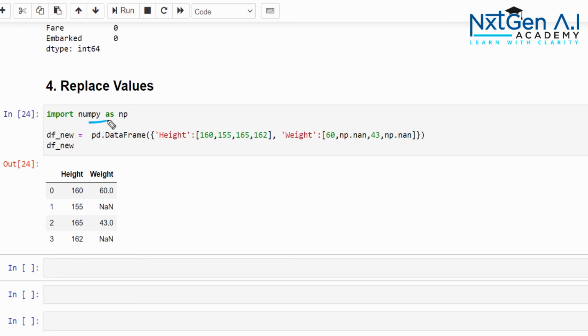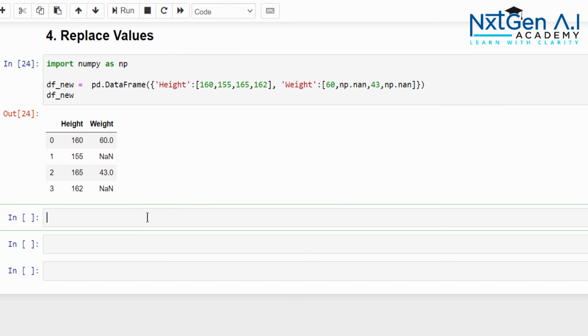Creating a data frame using a dictionary, we have height and weight, and this is the index, and these are all the values with NaN. Now we can simply replace this NaN by any value, which is again similar to fillna, but still we can do it using replace also.